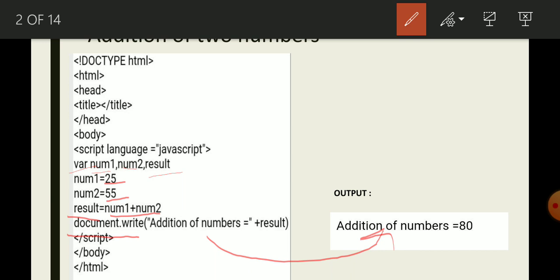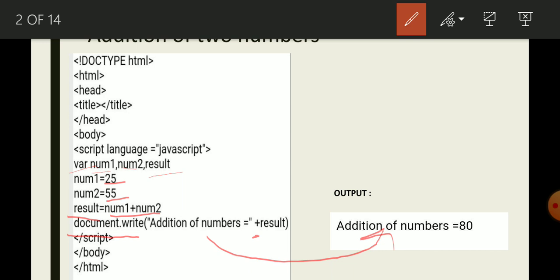This statement displays on the web page, and after that you have to use plus operator to combine string value with the numeric, because result variable holds 80 value, that is numeric.